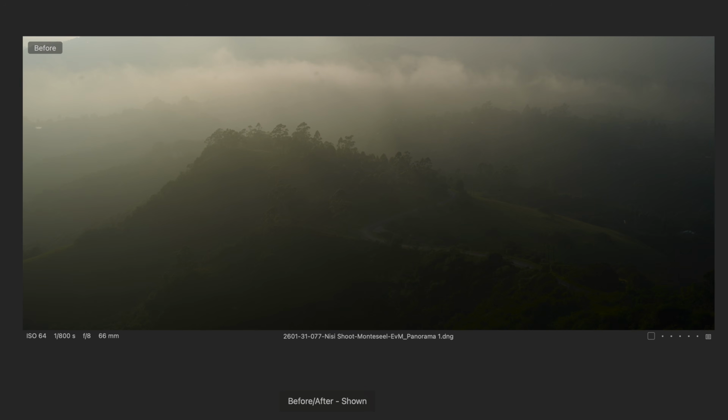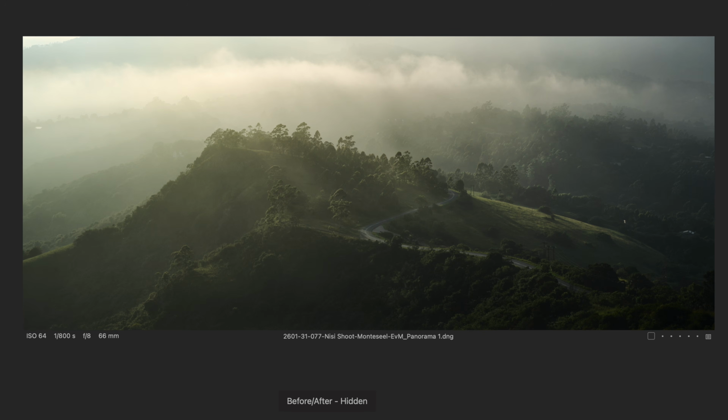Again, there's my before and my after. You can see there's been a massive change to the photograph from the time that we actually started working on it. So you do get a really nice feel for the overall sense of the mist coming in, that slight mugginess to it. I was quite happy with the photograph. I could potentially spend some more time playing with it, but I think this is a good start to the